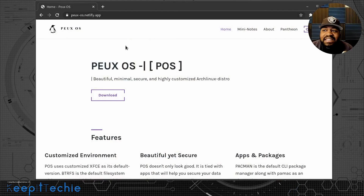Okay, cool. So I'm at the website and it's Peux-OS, and I hope I'm pronouncing it right, but based on what Google stated when I put it in there and played the audio for the pronunciation, it said Pooh, which is kind of funny because that's my oldest son's nickname. And then also they abbreviated it as POS, and we all know what that means. That's something we said a whole lot in the military. But anyway,